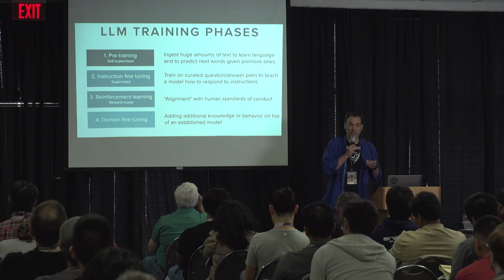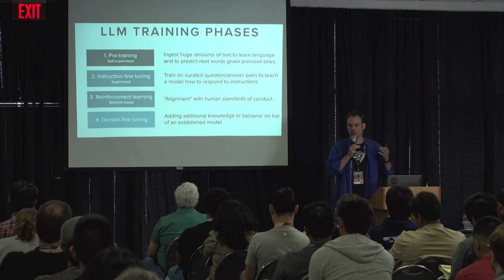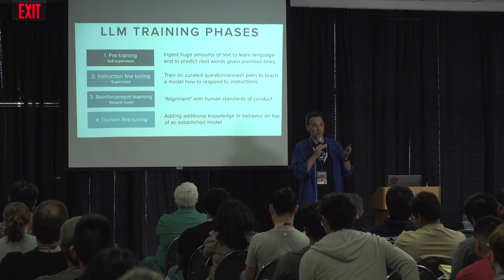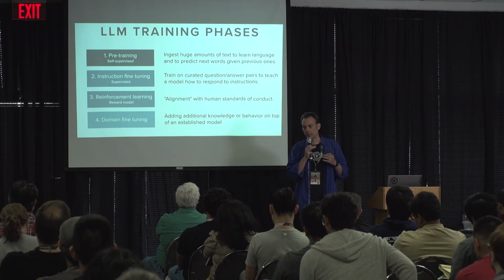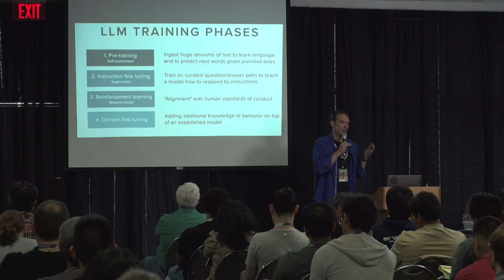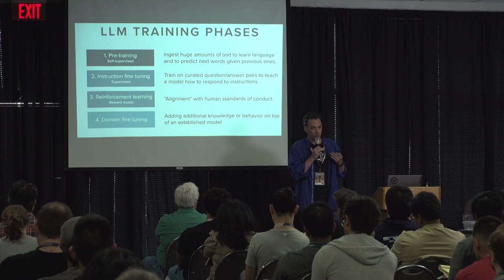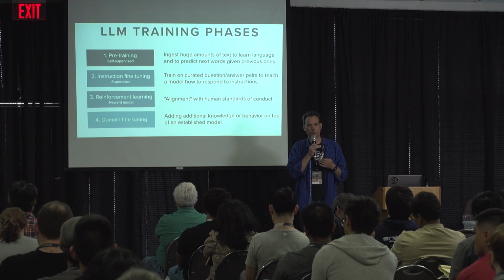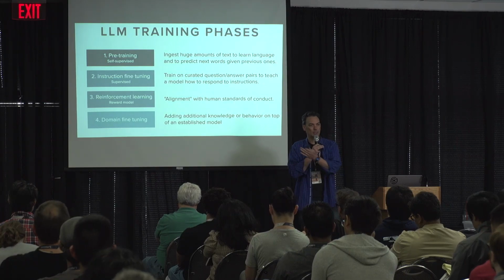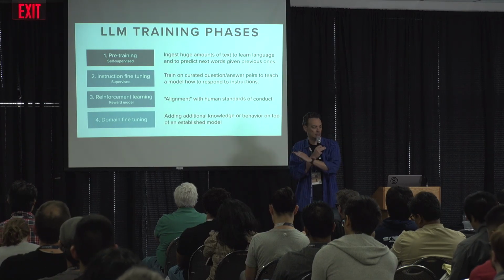Alignment is just a way of saying aligning with values, someone's values, right? Everyone's values are different, but someone's picking values and they're aligning on it. And the main things are like, hey, we don't want to instruct people on how to self-harm. Things like this, right? This is the stuff that we obviously don't want these models producing. Alignment is the phase of training that does that.